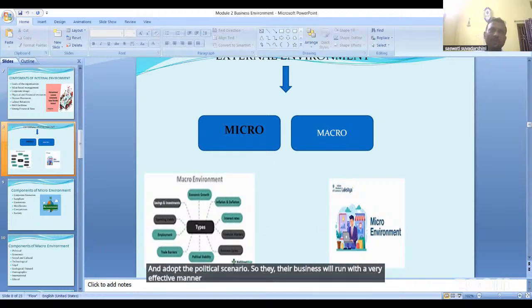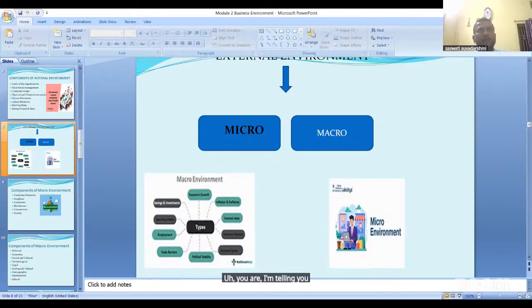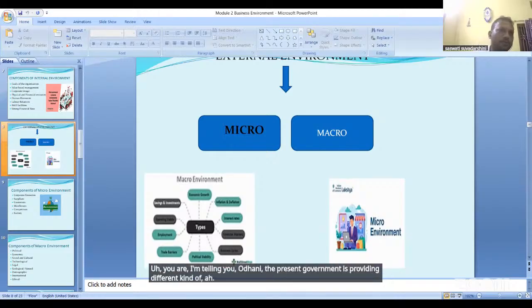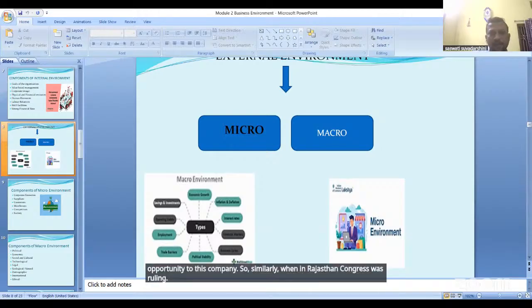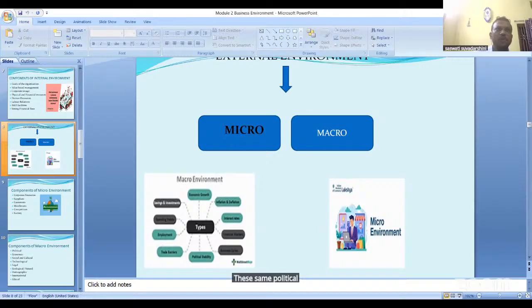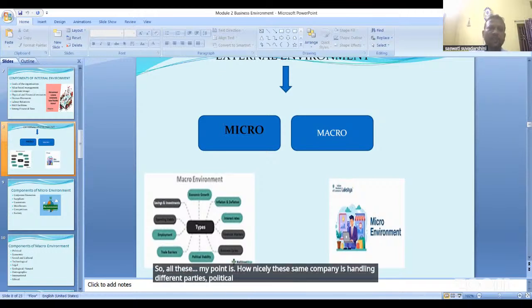Similarly, Adani: the present government is providing different kinds of opportunity to this company. And when Congress was ruling in Rajasthan, the same political party also provided facilities to Adani. My point is how nicely this same company is handling different political parties in a very effective and